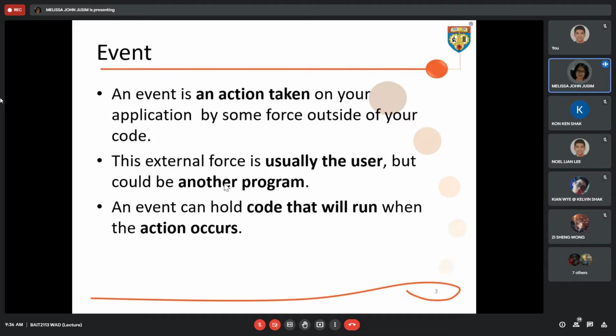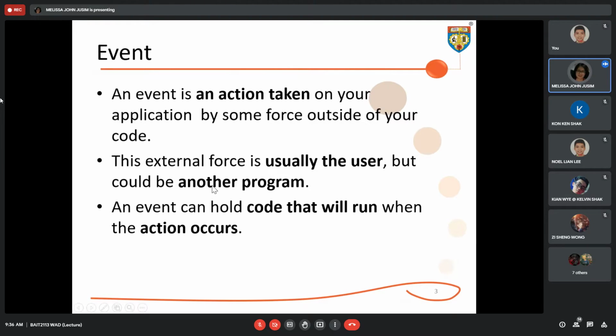It depends on whether it's a click of a button, or for a drop down list, it will trigger, what was it already? Item selected change. I cannot remember it, but it is covered in your practical tomorrow. So this slide talks about the definition of event.